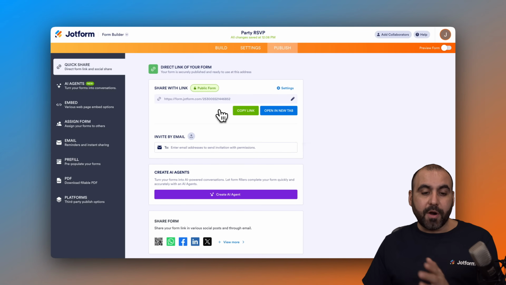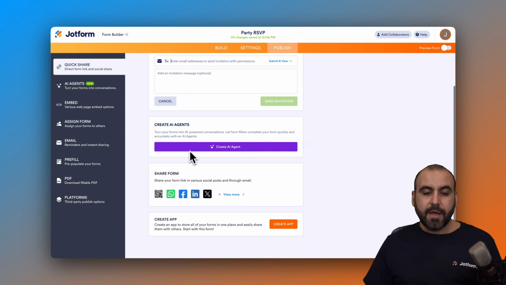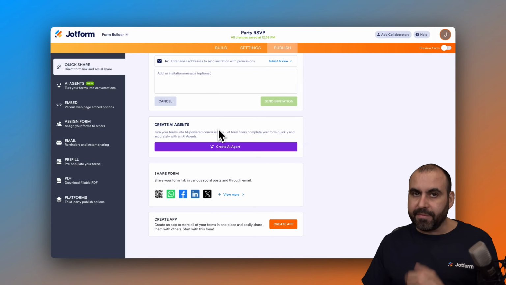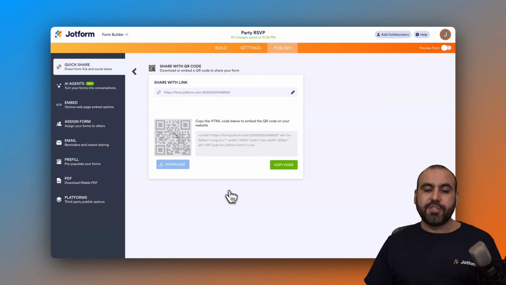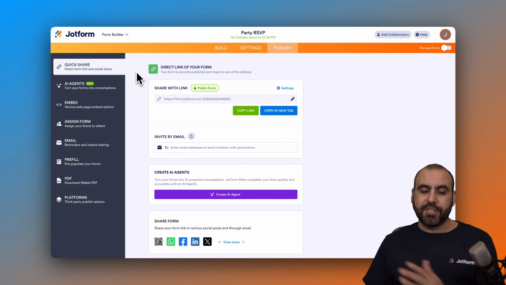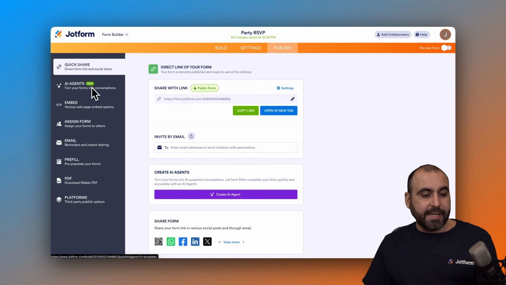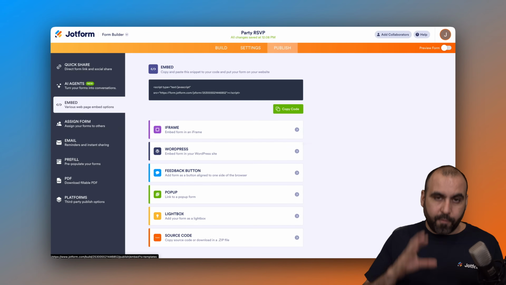You can share your party RSVP by just sharing this link really easily. You can invite them via email. You can create an AI agent if that's something useful for your party invitation, or you can use the QR code option to share this QR code, which is pretty useful. So it depends how you want to share this, okay? You got your AI agents option, you got an embed. So if you have a wedding or a party website and you want to embed the form inside of there